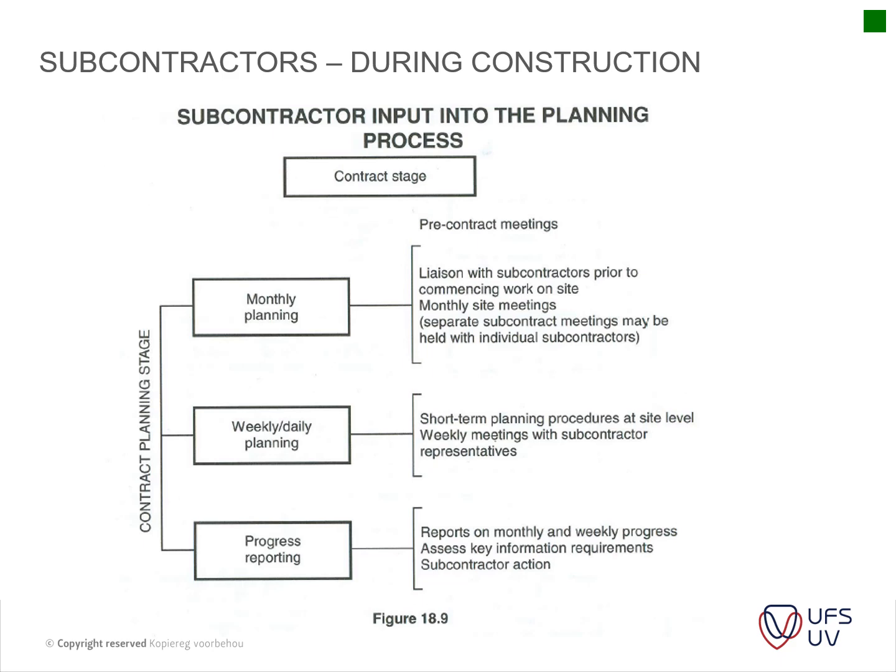Okay, then just the program, the input of subcontractors during construction. We've got the contract stage, that's now finished. So then you've got monthly planning, weekly planning, and then you've got progress reporting. So you can see it's very similar to the same way as what the professional team sits with the main contractor, the main contractor sits with the subcontractors. Okay, so this is also very important, the information contained in here. You will see in your books there's a whole lot of checklists. Yes. Those checklists, just read through that. But the most important items are actually contained in these figures.